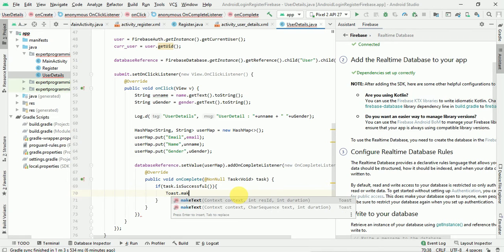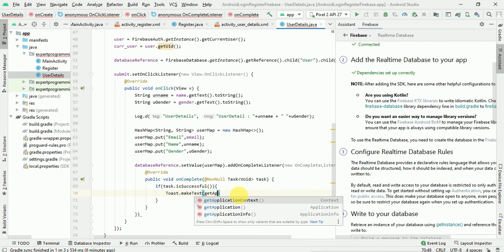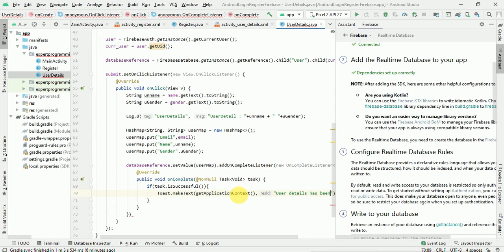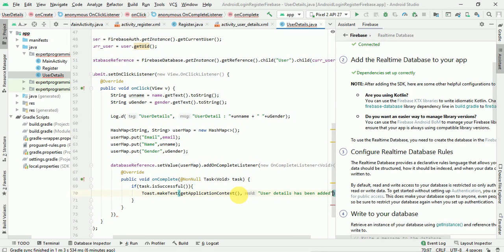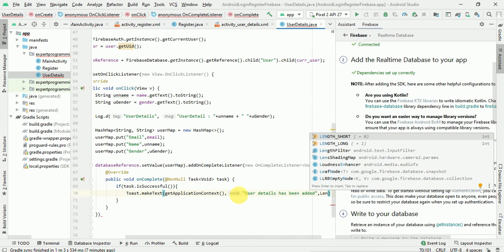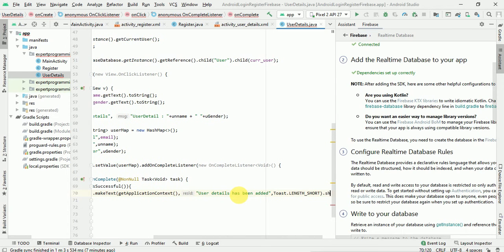we will display one toast also. Toast dot make text, get application context, user details has been added, and length dot short dot show.